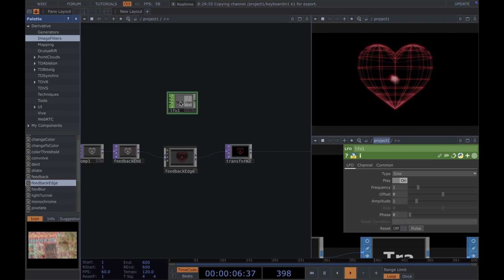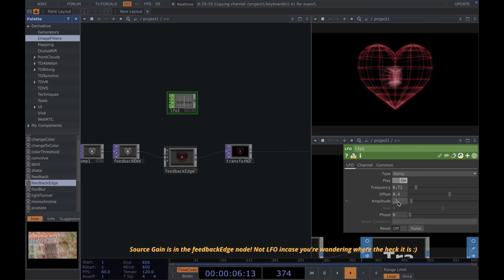We can use this to change the source gain in the feedback edge, which will basically manipulate the exterior brightness. Set the LFO type to ramp, frequency to 0.72, offset to 0.4, and amplitude to 0.2. I found that the source gain number looked best between around 0.4 and 0.6, and these settings ensure it stays between it. If you want it to be brighter, or more dramatic with getting light and dark, mess with these